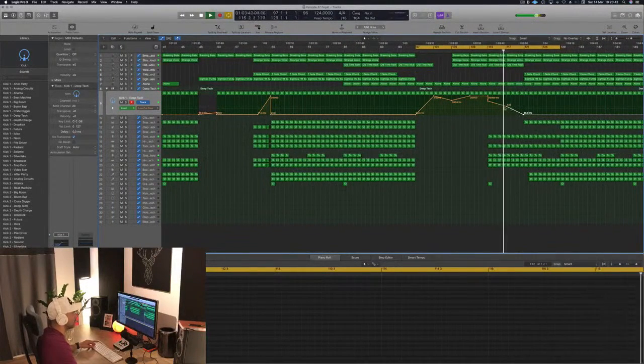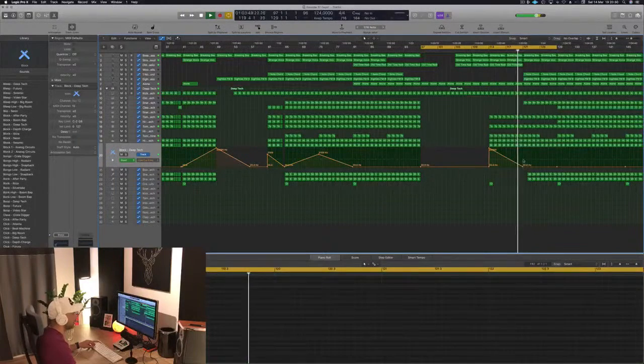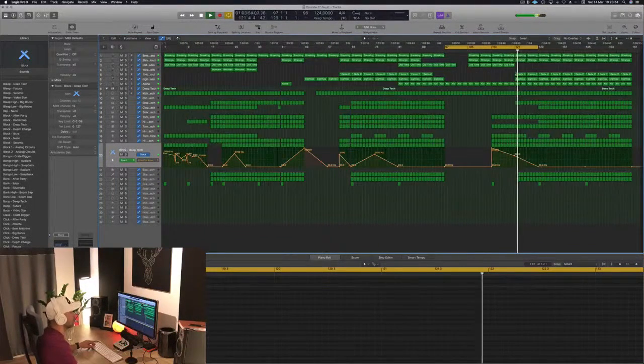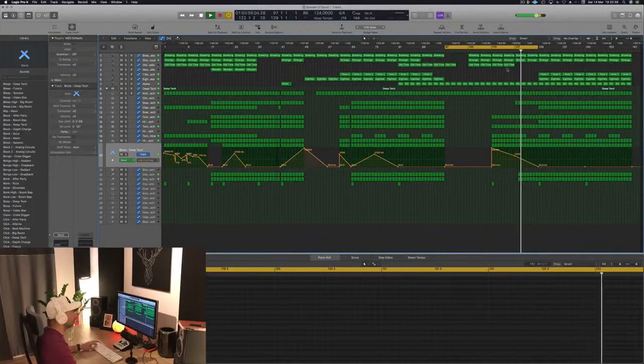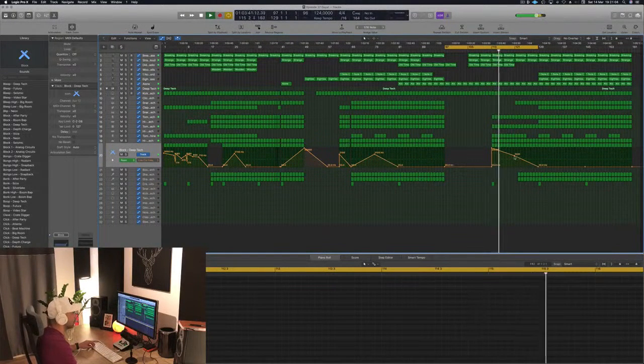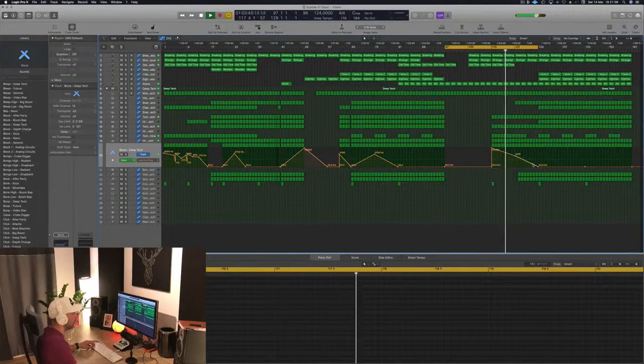Once we get our kick in full, the snare will go in. Not sure about those blocks again. Synth, no. I like those little blocks, just the top there.